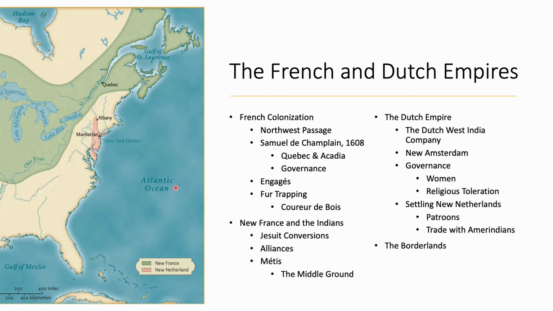Now, in 1608, Samuel de Champlain leads an expedition of colonists here to the New World and establishes actually two colonies: Quebec, which you can see here in Canada, or what is now the province of Quebec in Canada, and Acadia, which is now Newfoundland, here in this region. Actually, it's called Prince Edward Island. Newfoundland is down here. It's Prince Edward Island here. Now, these two colonies combined form what will become New France.